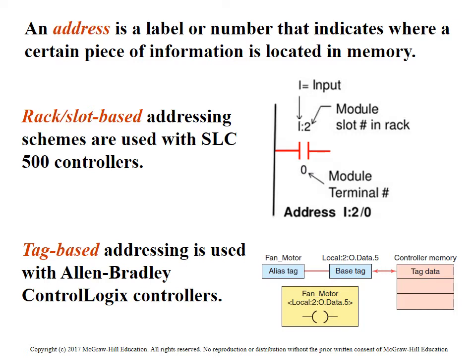In the old SLC 500, I'm going to briefly review this, but essentially what they're looking at here is the addressing of it. So the address is based off several components. First of all, what slot the input card is in. So when I'm looking at a multiple racked PLC, whatever slot that input is in is going to be determined by this guy here, the 2 here. And then the number down here is going to be the terminal number in that slot.